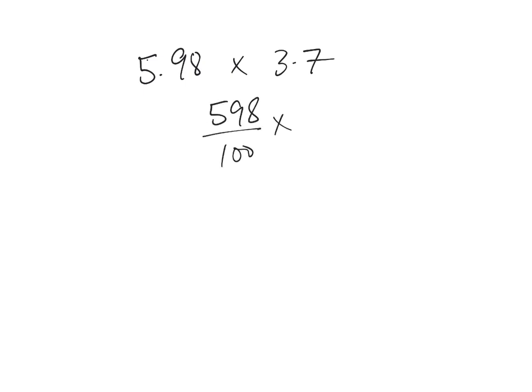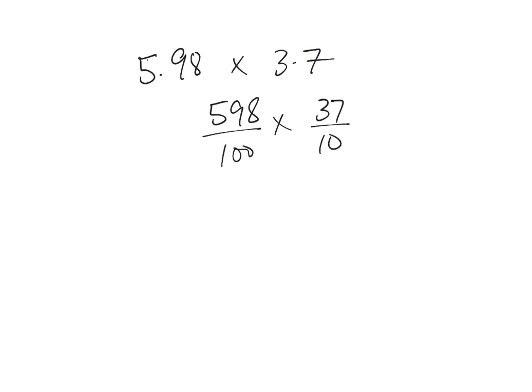Very good. So when we multiply decimals, that is one principle to keep in mind. We multiply the numbers like we're multiplying regular numbers, and we apply the decimal place correction, or how many places it needs to be in order to provide a final answer. So here's another example. 5.98 times 3.7. If these two numbers are multiplying, we could technically write it as 598 over 100 times 37